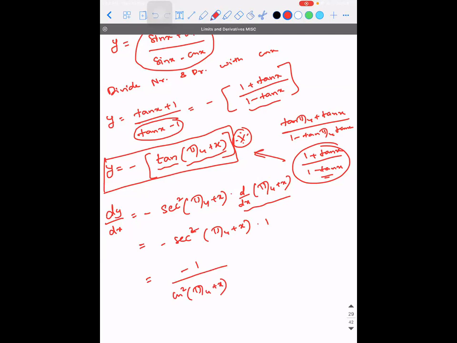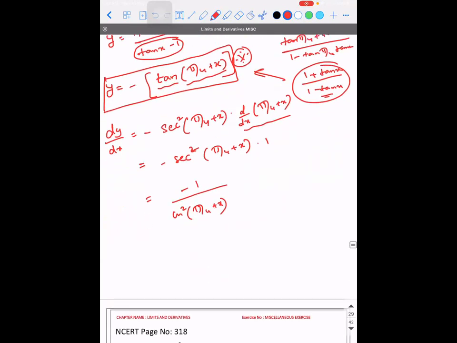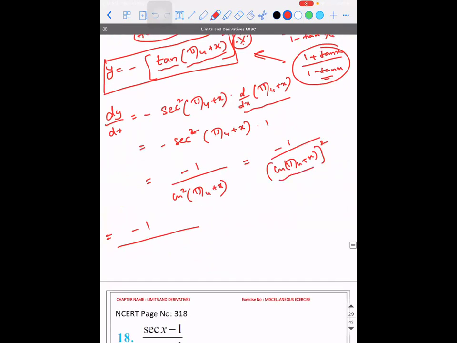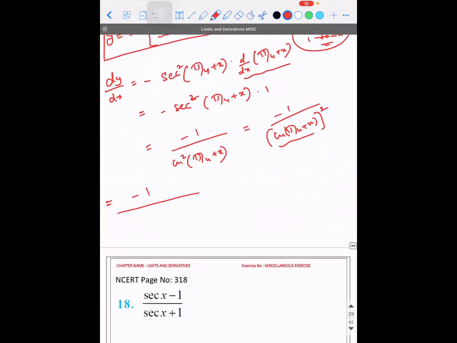Yes, sir. Right. So listen, minus 1 divided by cos of pi by 4 plus x, the whole square. So what is cos pi by 4 plus x? Cos a cos b minus sin a sin b. In that, remember, a is pi by 4. So cos pi by 4 is 1 by root 2 cos x minus 1 by root 2 sin x, the